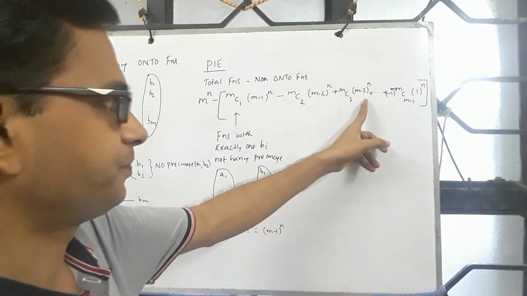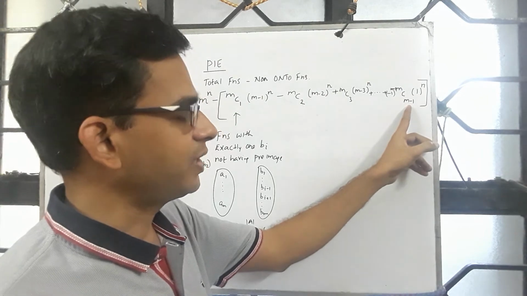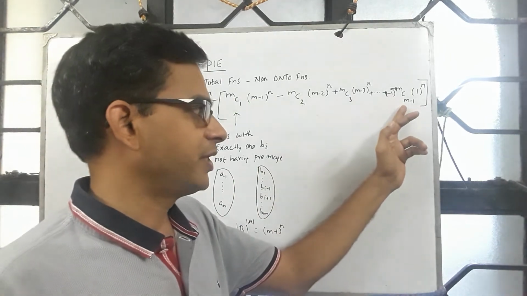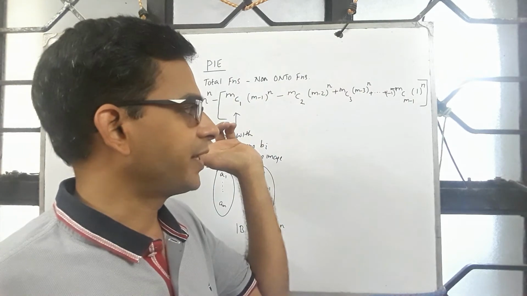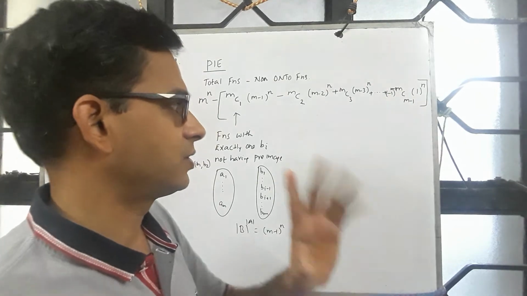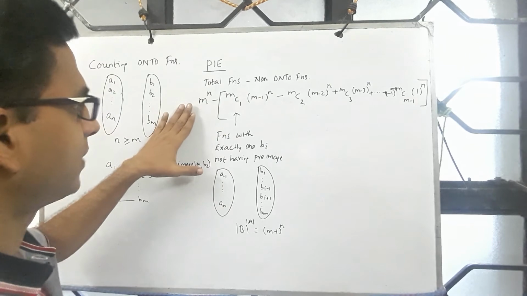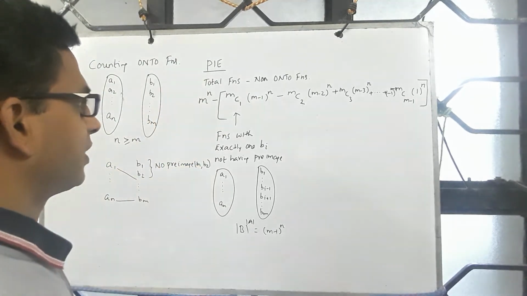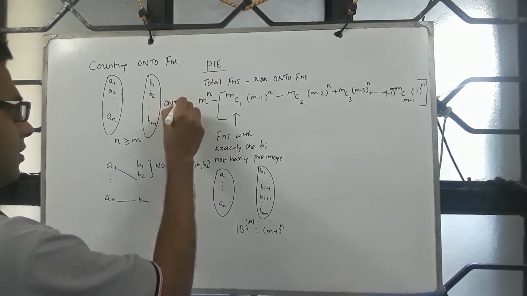And it goes on, and you see that at most m minus 1 elements are not having pre-images. And there are many possibilities: m choose m minus 1, and then a_1 to a_n is mapped to just one element in the codomain. So the number of such functions is just 1. So this component you will have to take out from the total functions, and that gives you the number of onto functions. So this is precisely our onto functions.